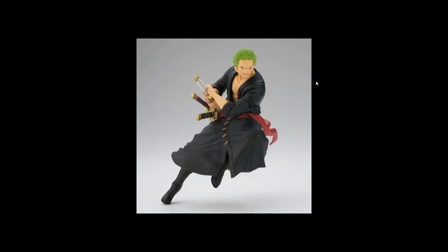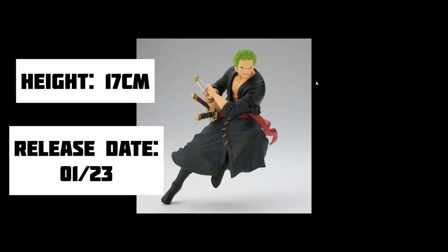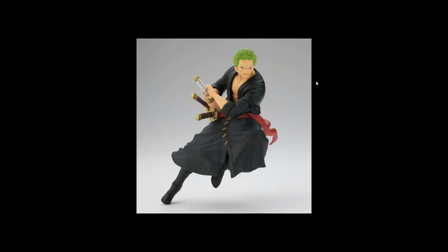Next, this is the Battle Record Collection Roronoa Zoro figure. His height is also 17 cm, and the release date is January 2023, next year. So this is the next entry for the Battle Record Collection series. We are getting Onigashima Zoro because this is the new different colored outfit, and we also have his new sword